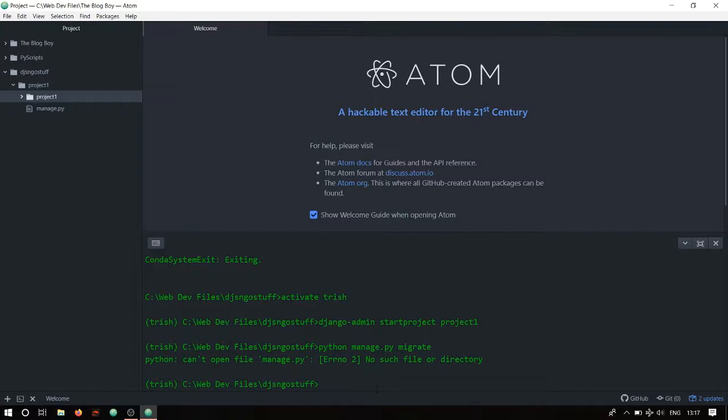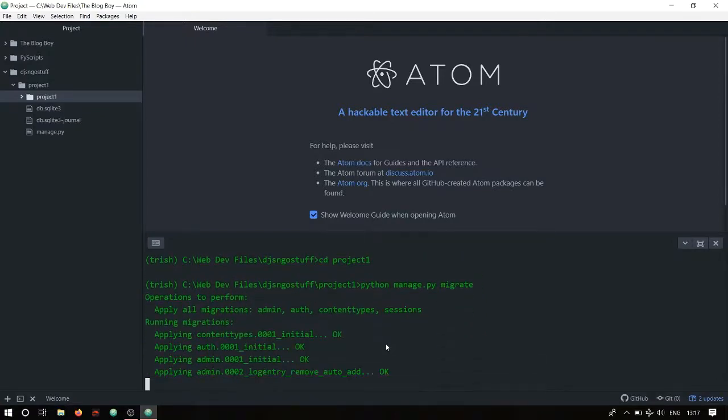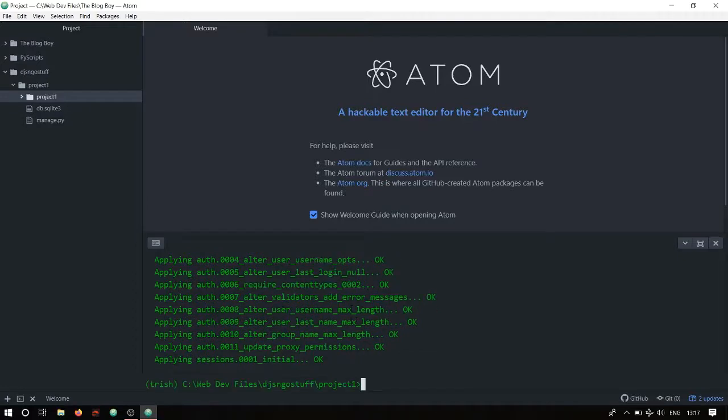Okay, so first I need to cd into my project 1 and then do the same command again, python manage.py migrate, and it's going to migrate all the stuff. So once you're done with that, you can go ahead and create a superuser. In order to do that, again, it's the same command. Let me type it over again. So I'm going to say python manage.py createsuperuser,